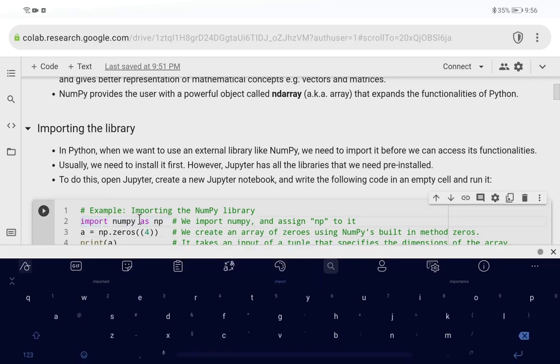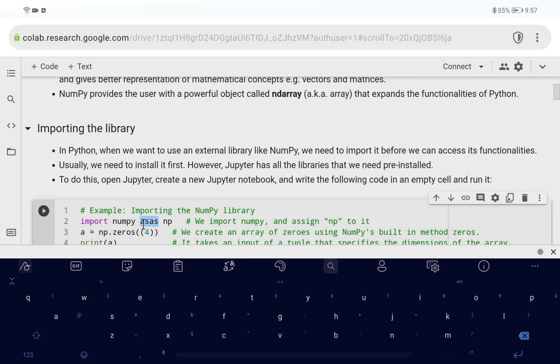Import numpy as np, because we are importing the library called NumPy, and we even created a nickname for it, which is np, because you wouldn't want to call upon NumPy every single time and type out NumPy all the time. So instead of using NumPy, you can shorten it to np, and you can call